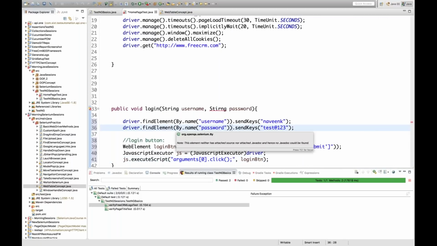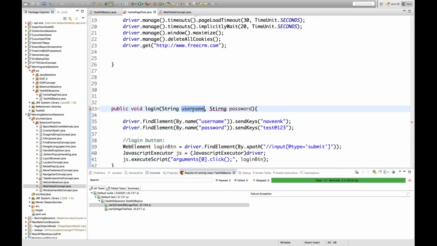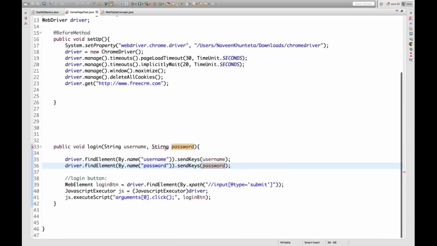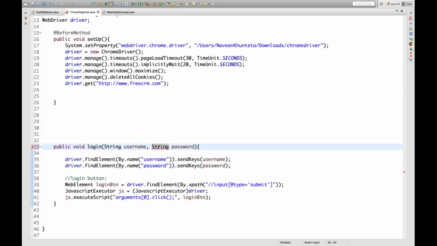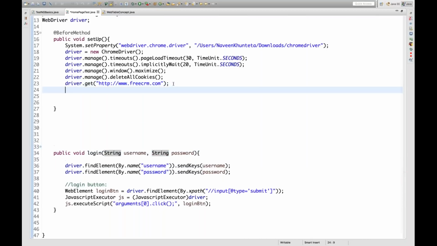Right. And what I'm going to do, this username will be this username, right? And the password will be password. And string username, string password. Now, after launching freecrm.com, I have to call this method,